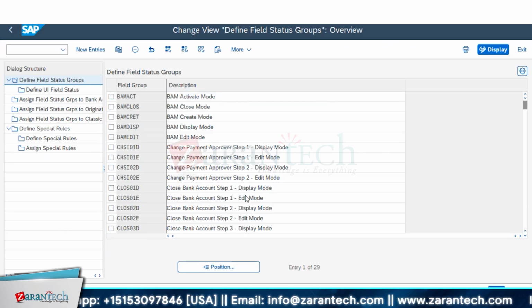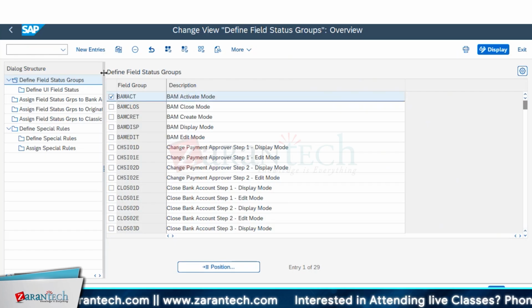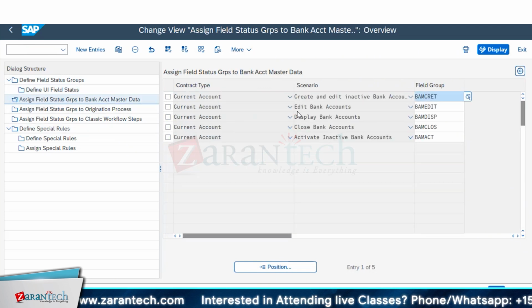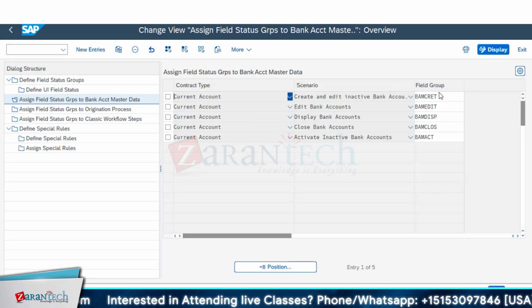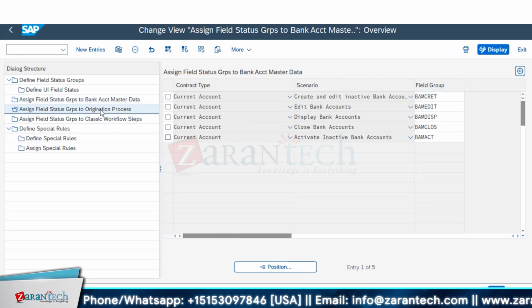So when we talk about field status group, you understand in FICO we also have field statuses. These are the different field status groups which are used at different levels. In each field status group, you apply different settings for your field status. So when I talk about different settings for field status, you apply them to the different groups. Like you could create a field group for your current account type, and you use this field status group. Under this field status group, you can control which fields would appear as suppressed, display, or mandatory from the